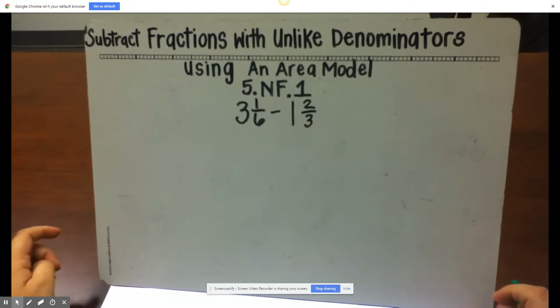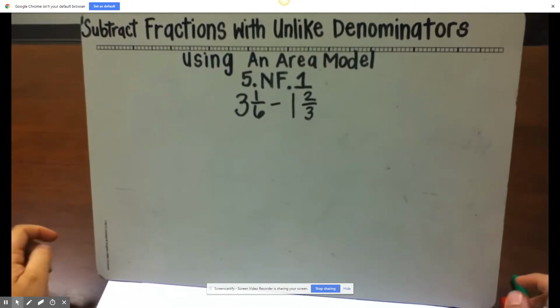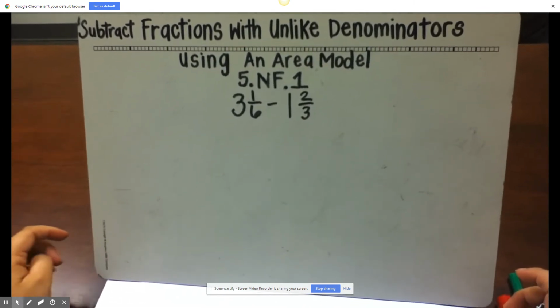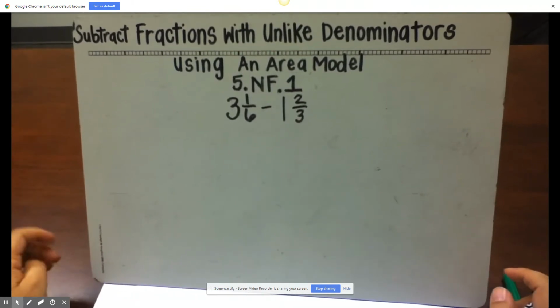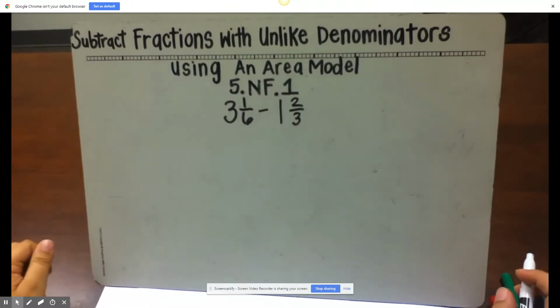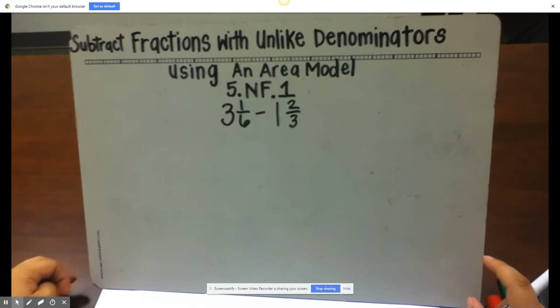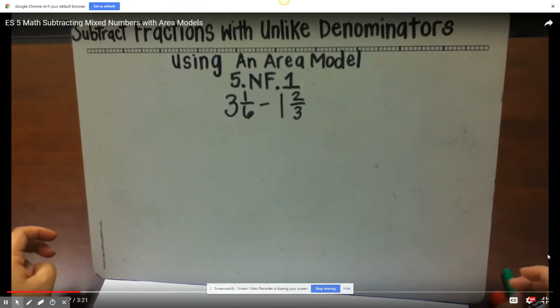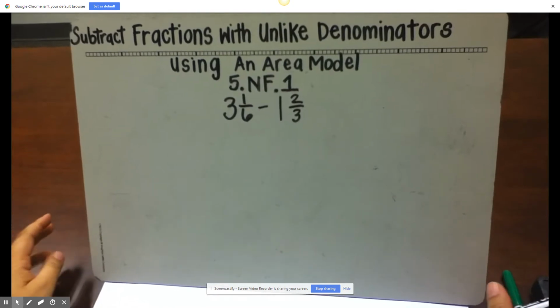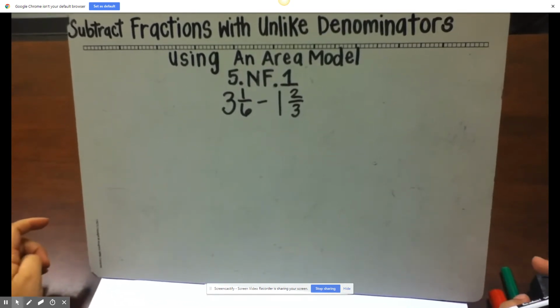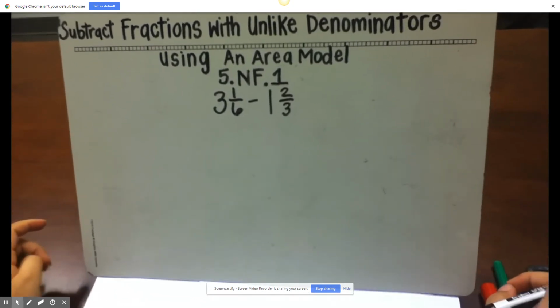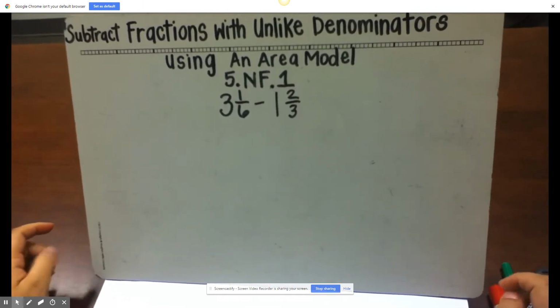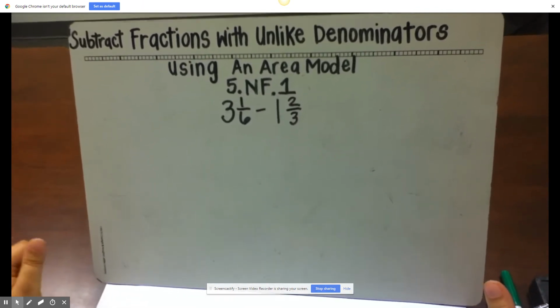This standard builds on the work in 4th grade where students subtract fractions with like denominators. In 5th grade, students eventually move to finding a common denominator by finding the product of both denominators. This process should only come after students have used visual models, such as an area model or number lines, to build understanding. The use of these visual fraction models allows students to use reasoning to find a common denominator prior